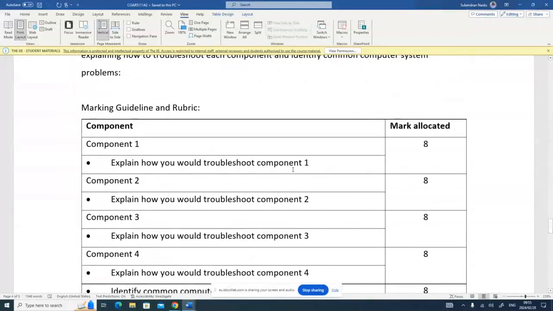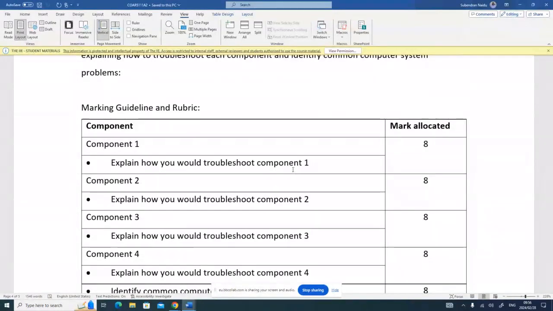The computer does not want to come on. Maybe there's a cooling problem with the CPU. I will then look under my CPU in my textbook to see what are the potential problems that could point to a faulty CPU. And then I will say, okay, the CPU can cause these problems: the computer to reboot